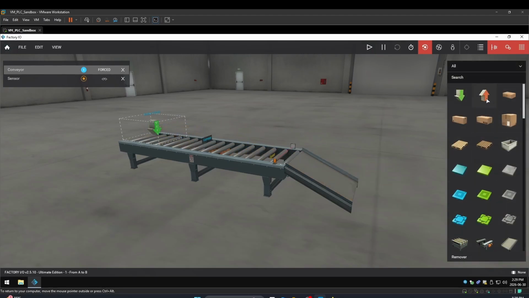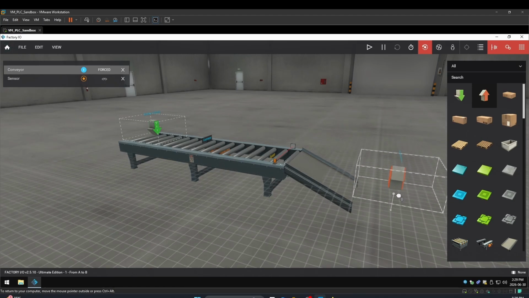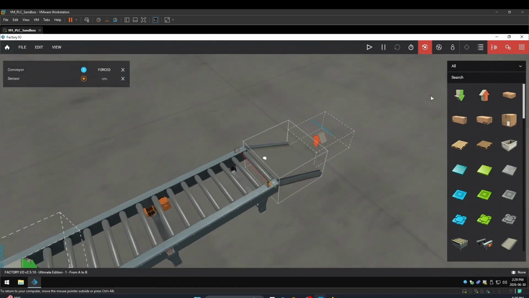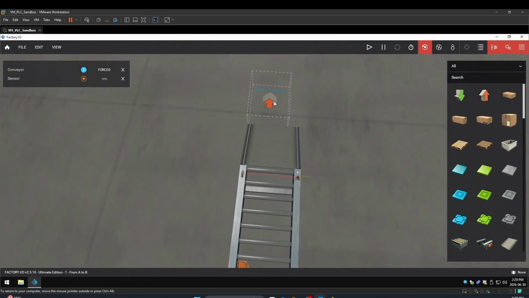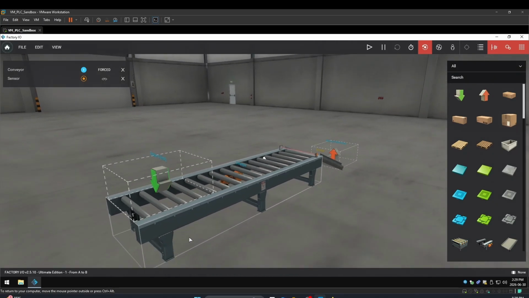So what we need is one of these guys, a remover. So we're going to drop this guy over. We'll hit V to drop her down to the ground there, and we'll just line it up with our simulation and make sure everything's cool. So it looks like this needs to move just a touch. Beautiful. Okay, so now when we hit the play button,